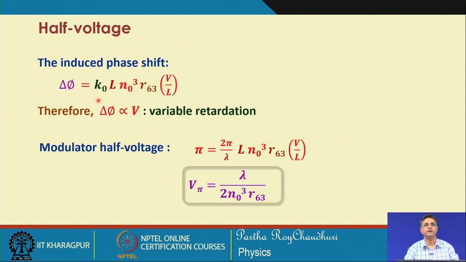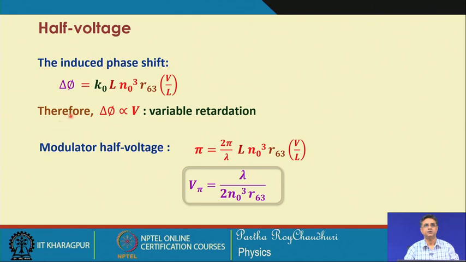So, L cancels, and you can see that this phase shift delta phi is proportional to the applied voltage, and by changing the applied voltage we can change the phase shift. So, this can be used as a variable retarder device just by controlling the electric field in terms of the applied